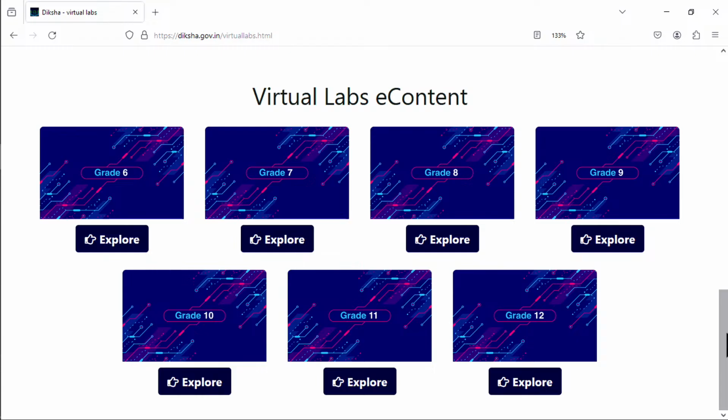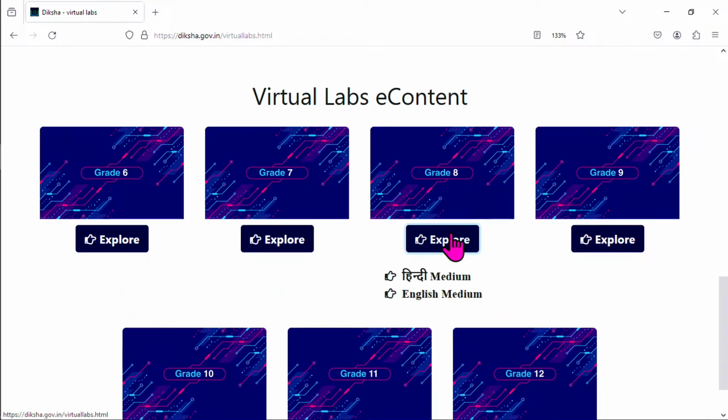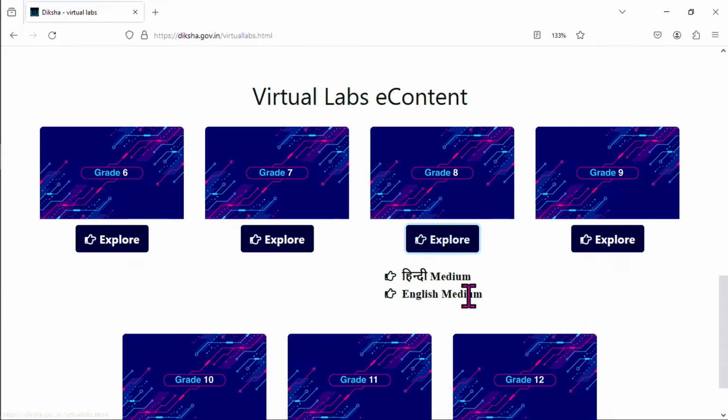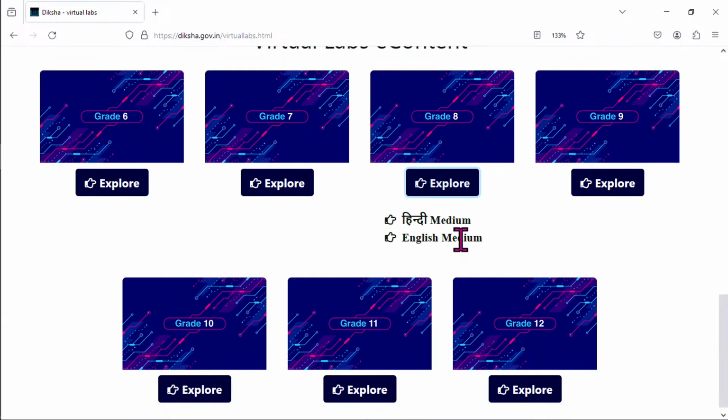So if we click on explore below any class, you will get this drop down, and you can see here that these virtual labs are available in 2 languages as of now. They are available in Hindi medium and in English medium.